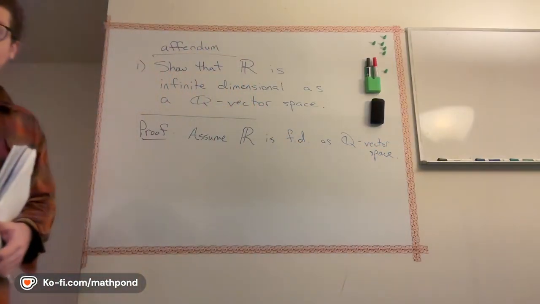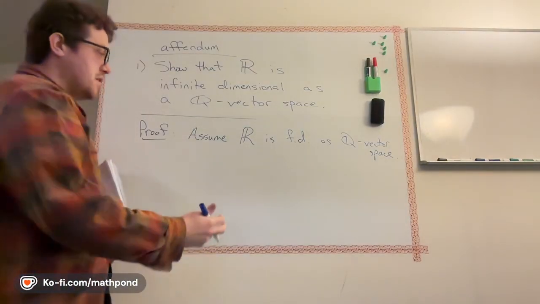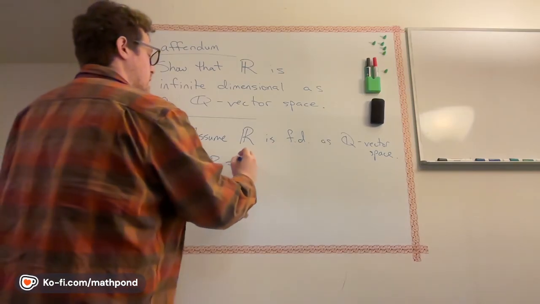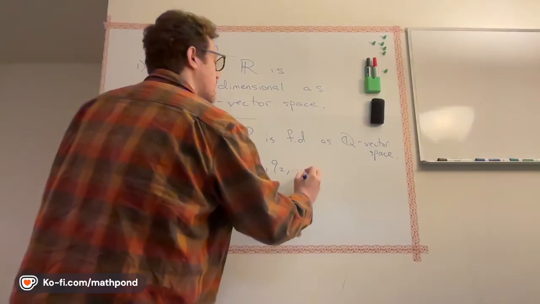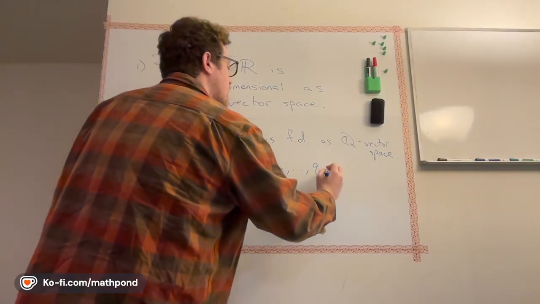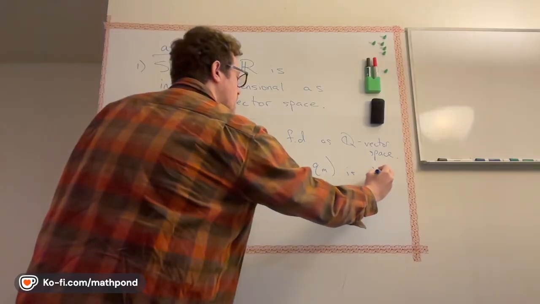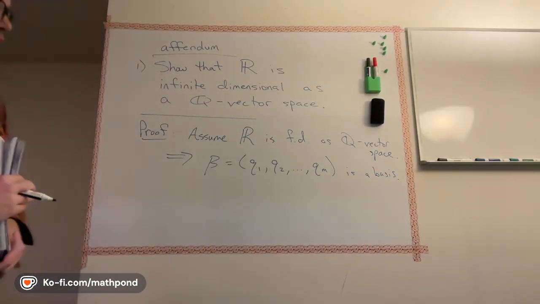Okay, so assume that it is finite dimensional. Write down a basis: q1, q2, ..., qm, right? And then